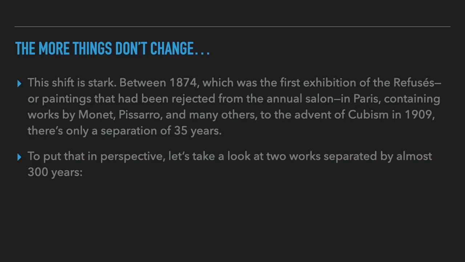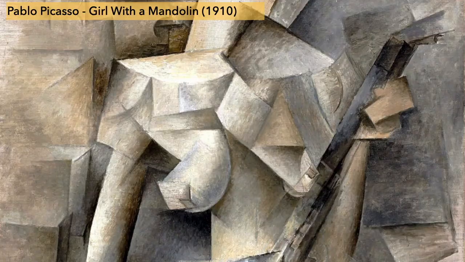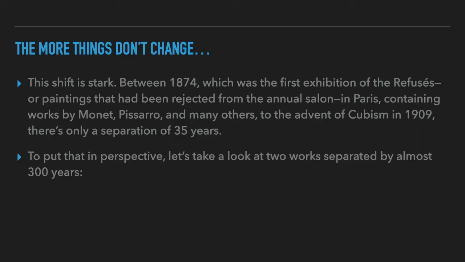So the first Impressionist exhibition, where they get their name, was in 1874. They were just called refused paintings, paintings that were not allowed into the annual salon, and the artists were like, all right, well fine, we don't need you, we're just going to have our own thing. We went from that, right, this is a little later, but it's a similar style, to this in 35 years. Now, we live in an age when things change very, very quickly.